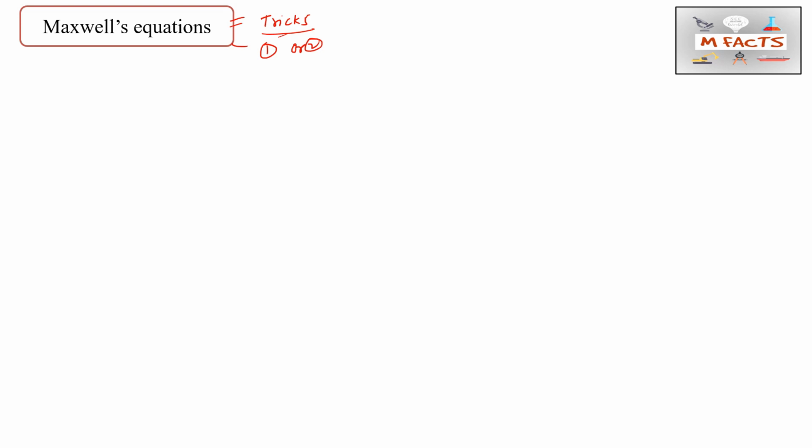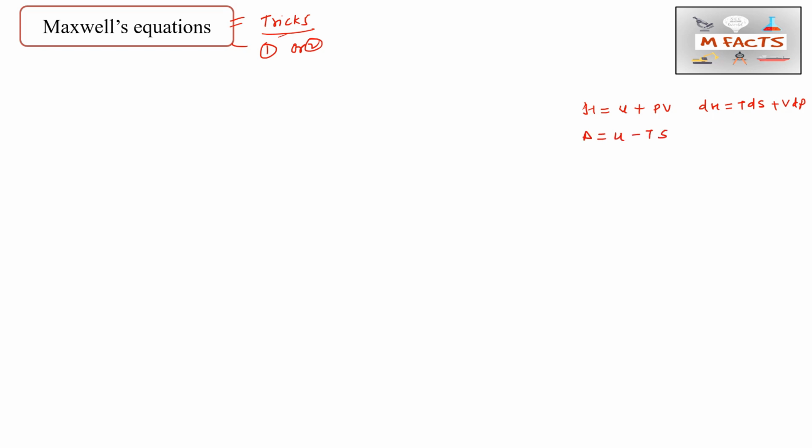So how do we get the Maxwell equations? Mainly three equations are used for writing Maxwell equations. What are those equations? H is equal to U plus PV. This is very basic, that's why I am telling you. You can also write it like that: dH is equal to TdS plus VdP if you take the partial differential. Then A is equal to U minus TS, the second equation.